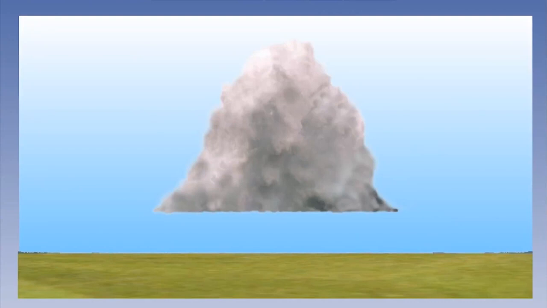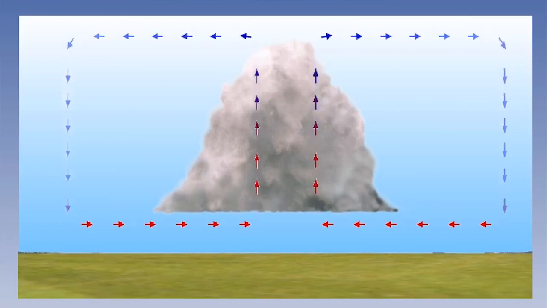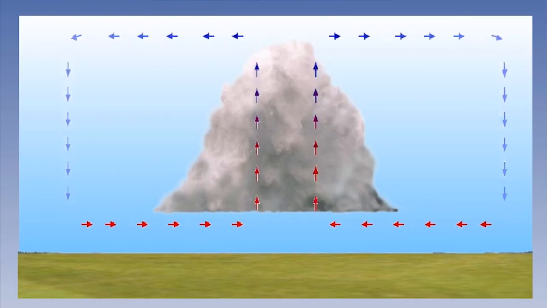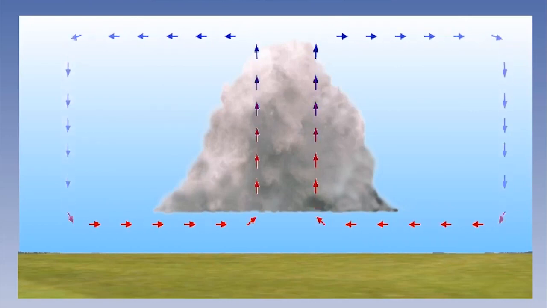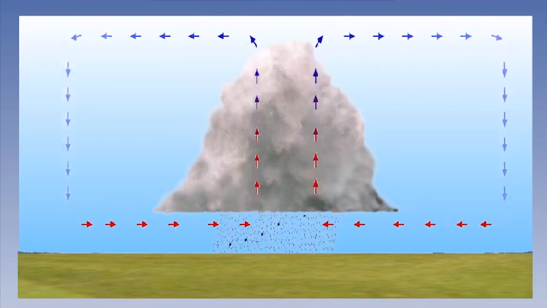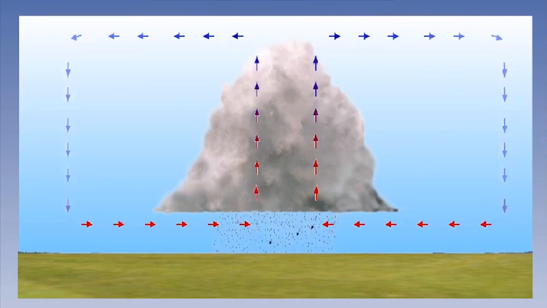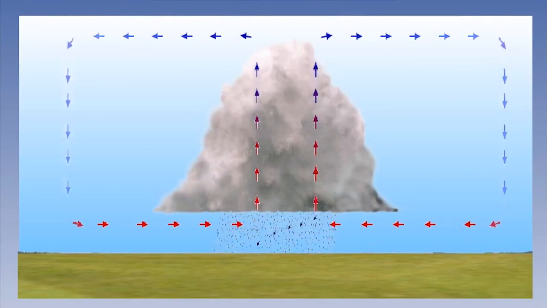What we will look at now are the problems that pilots may experience when encountering such systems. We have so far seen that the weather has been created from the rising air. However, it is a little more complicated than simply this. If we look at the airflow surrounding the system, we can see a recirculation of air, and outside the cloud, we can identify descending air. This is further complicated when precipitation is falling. The precipitation will drag air with it and cause downdrafts within and underneath the cloud.